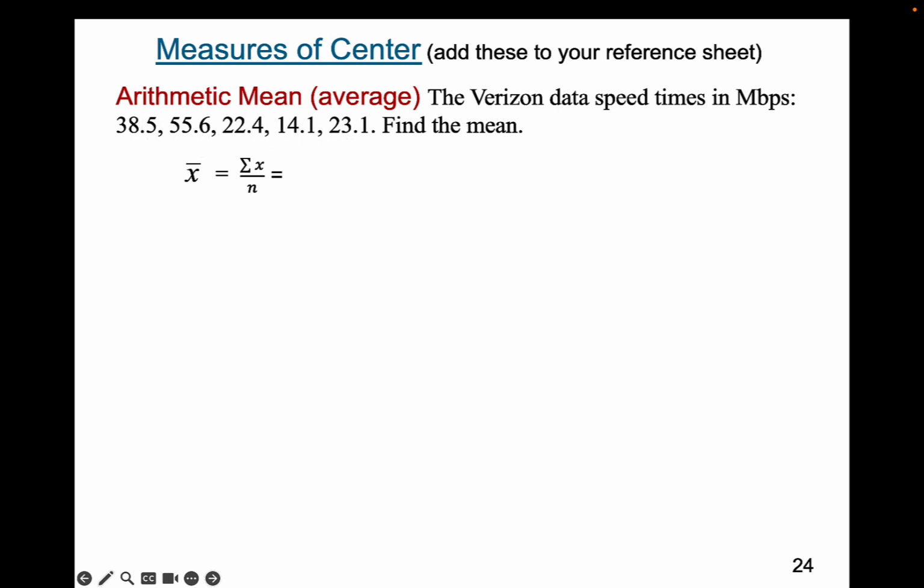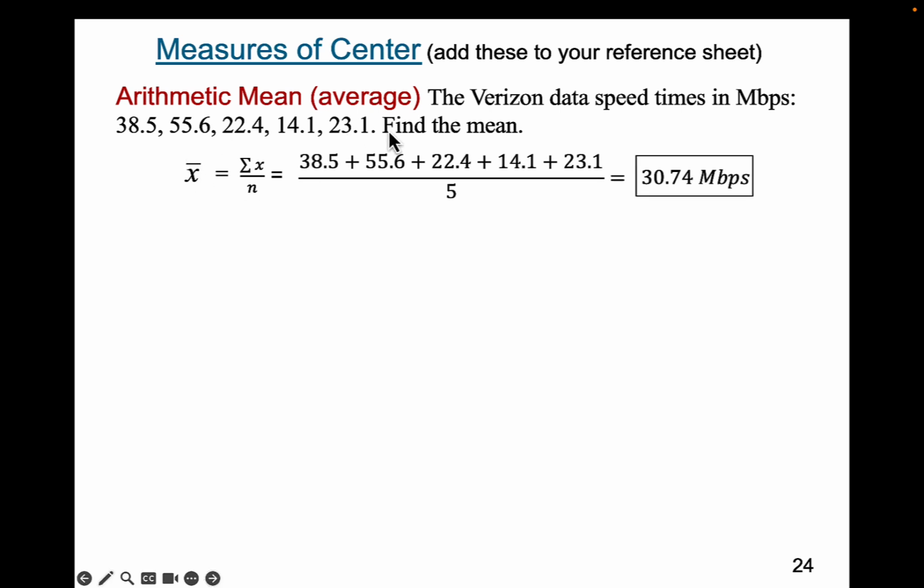All right, let's do it. We will add up all of our data values. After adding them all up, we'll divide by 5, and we'll get 30.74 as our average megabits per second, or the arithmetic mean megabits per second, based on this sample of 5